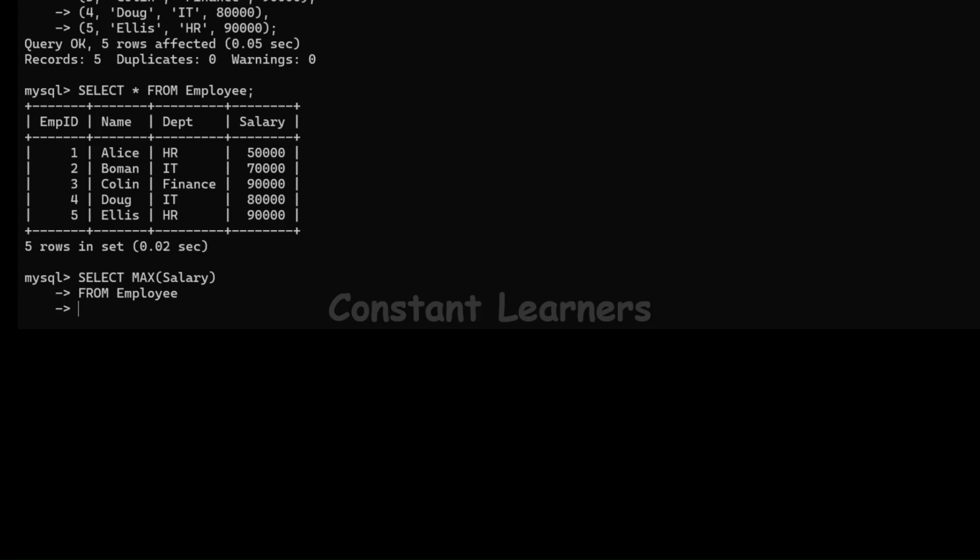Where salary is less than. Salary is less than what? The highest salary. So we are selecting maximum salary from the employee table where the salary is less than the maximum salary in the salary column.